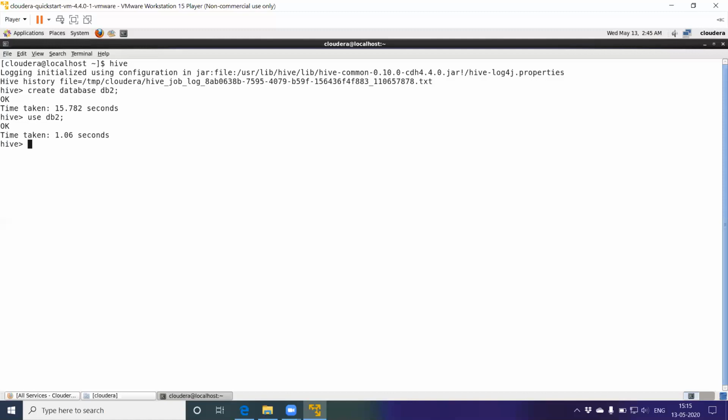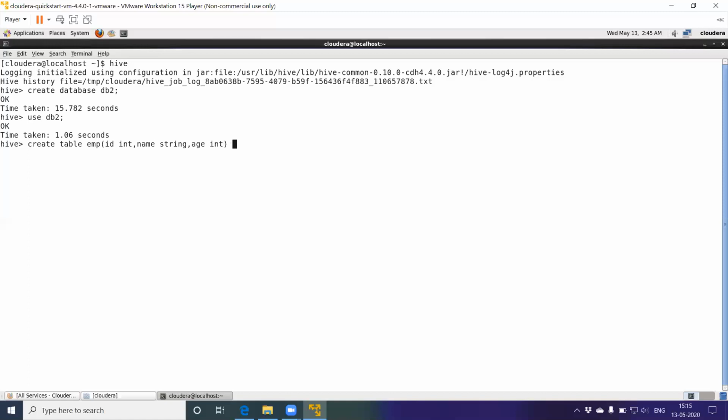Let's create a table under this database. Let me create a table, say EMP or employee, with 3 columns. The syntax is create table EMP, opening bracket. Let me take the first column as ID of type integer, name of type string, and age of type integer, closing parenthesis.